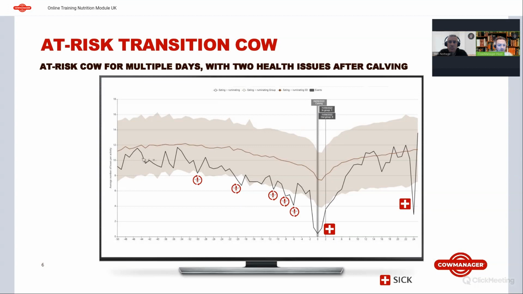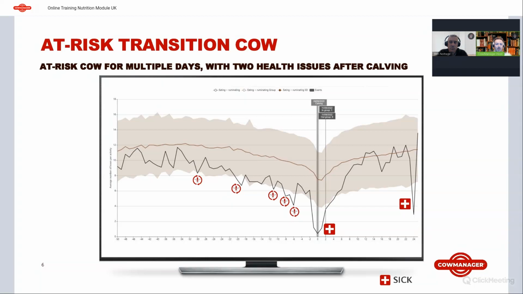But you can see that if you would draw an average line through this black line of this individual cow, if you follow my pointer, that line declines much more rapidly than what the group does. What the group does is actually normal, physiological. It is a decline, let's say, from 3 weeks before calving in eating and rumination time together, mostly determined by a decline in eating time, and that's because in those last couple of weeks before calving, the calf grows even more rapidly,